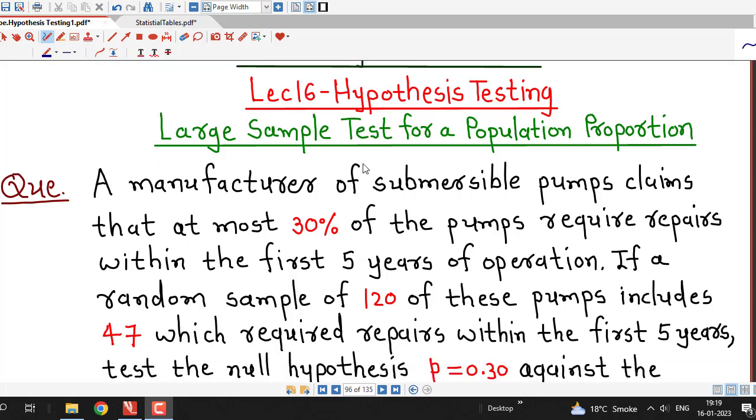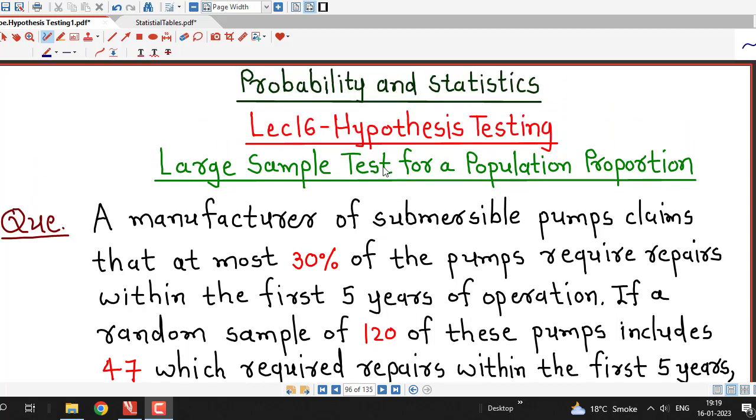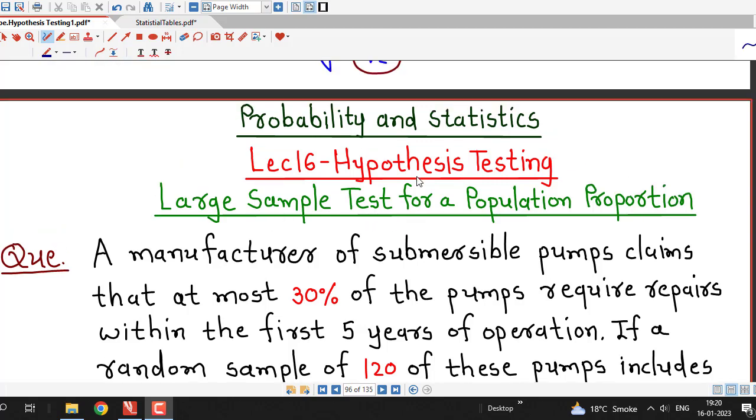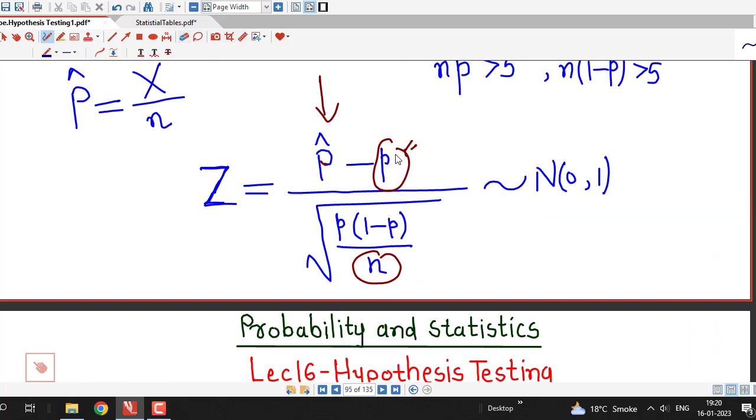In this lecture we will discuss one question on large sample test for a population proportion. We have discussed the test statistic for this large sample test in lecture number 15, and if you recall, in that lecture we have seen that the test statistic for population proportion is Z equal to sample proportion P hat